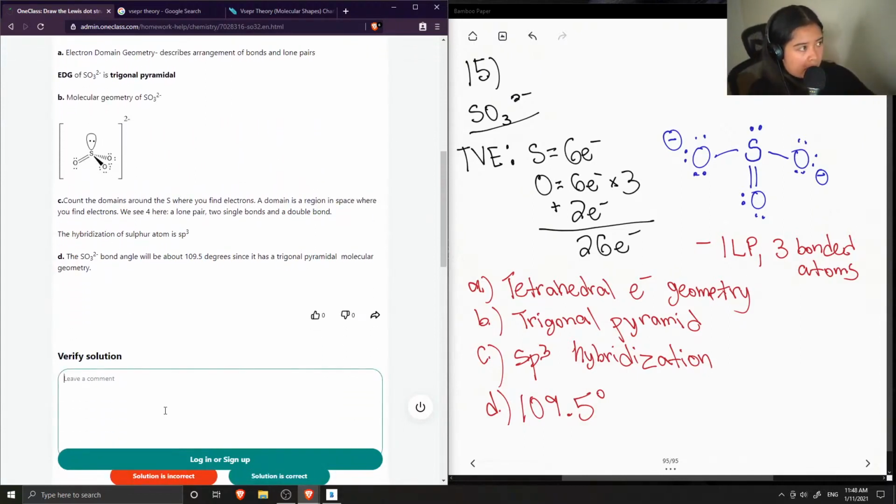So the definition of electron domain geometry is right. It describes the arrangement of bonds and lone pairs, but it's actually tetrahedral. So the